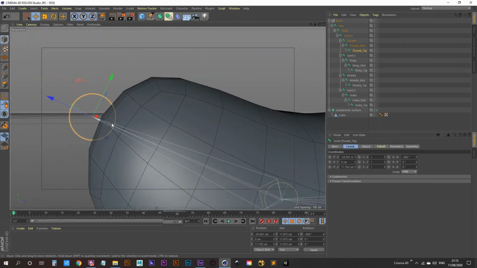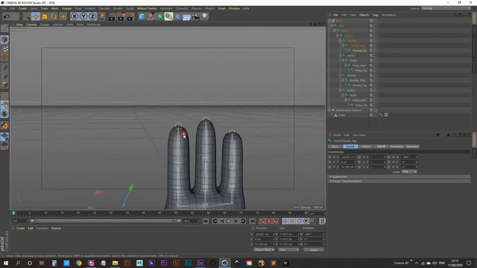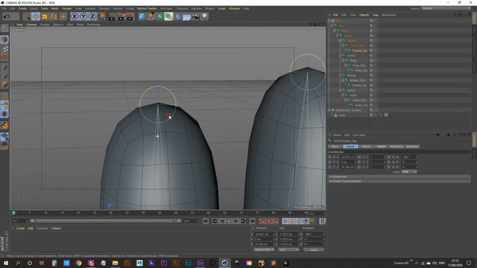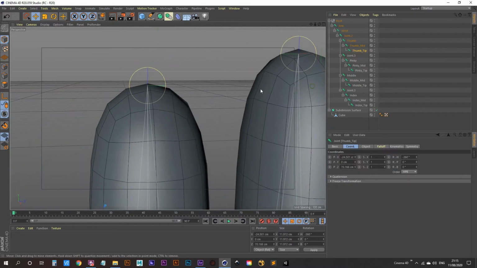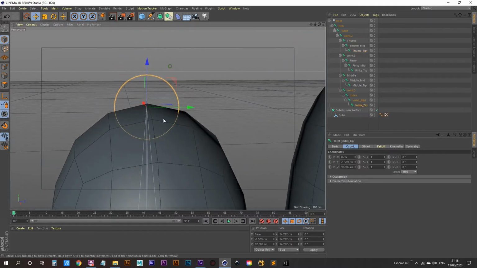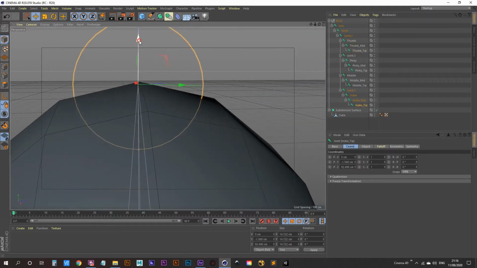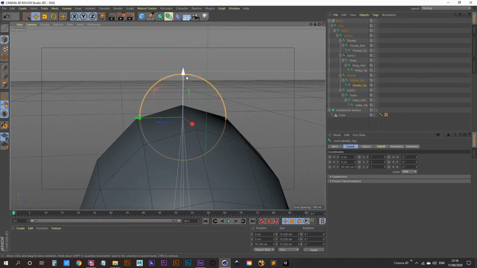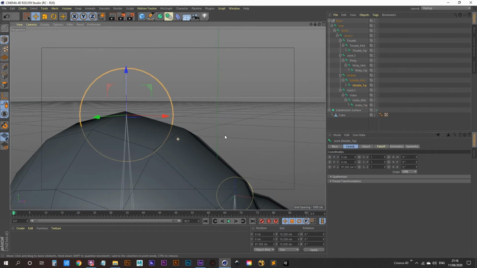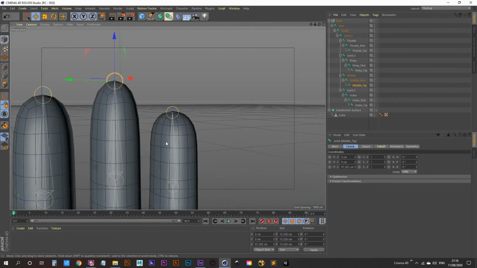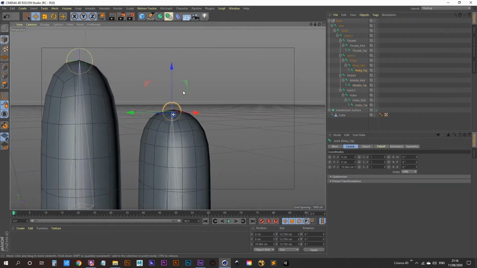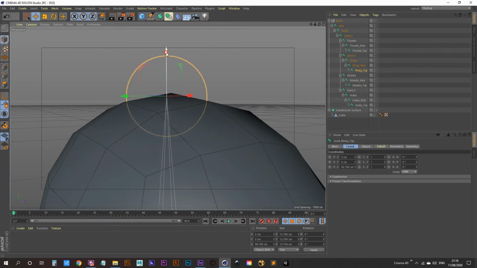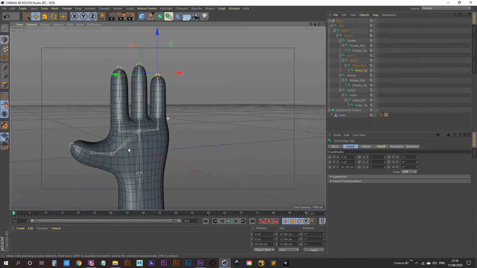Let's just make sure that this bone isn't protruding out of the geometry. Let's do the same for all of them. So for the index tip, this could be closer to the tip. And for the middle tip, again, it's not right at the tip. And the pinky tip, again, we'll move that up right to the tip. Okay, so that's